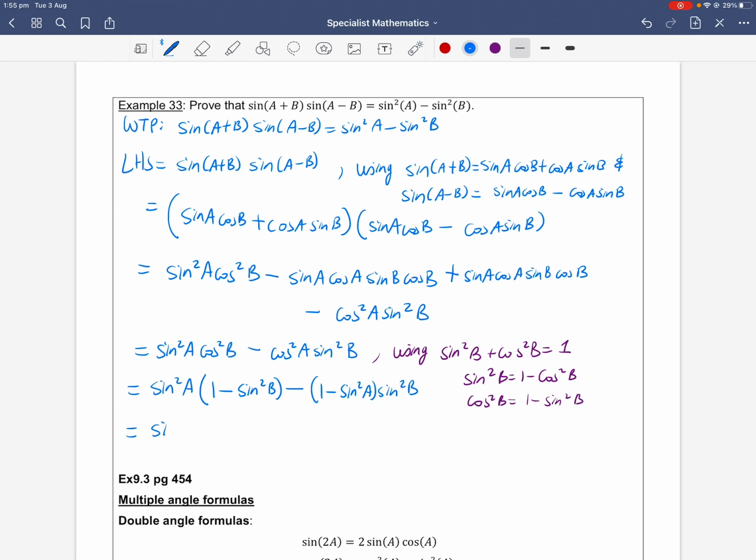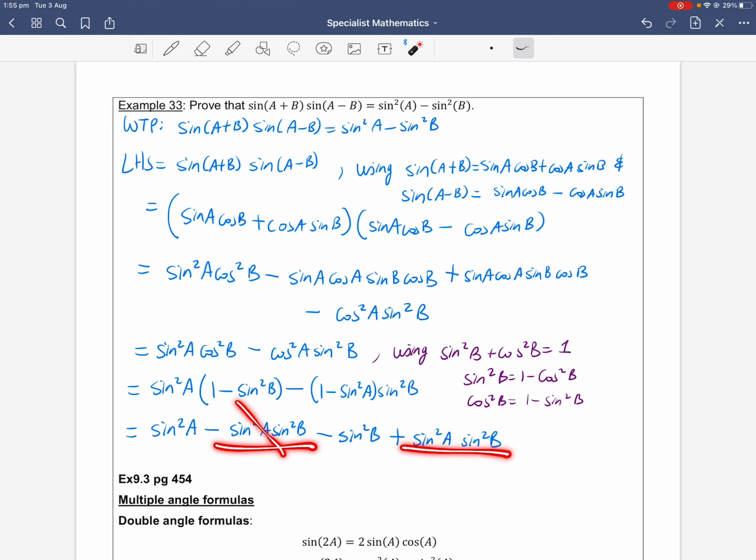Next, we can expand the brackets and see if we can simplify. So expanding sine squared a, we get sine squared a minus sine squared a sine squared b for the first part. And then for the second part, that's minus sine squared b. Minus minus is a plus, so that's plus sine squared a sine squared b. So lucky for us, the sine squared a sine squared b terms can cancel since it's plus minus. And then we're left with that equals sine squared a minus sine squared b,